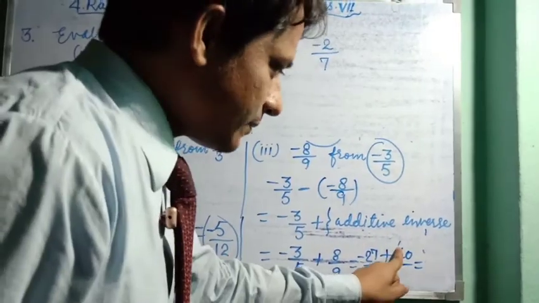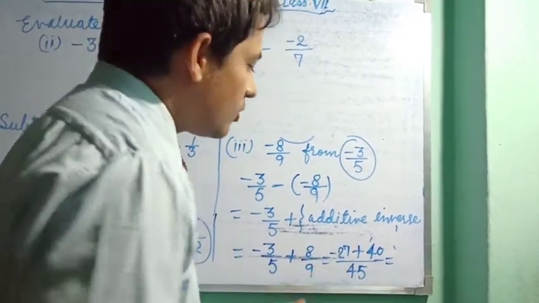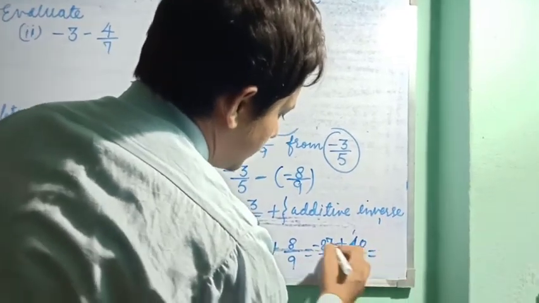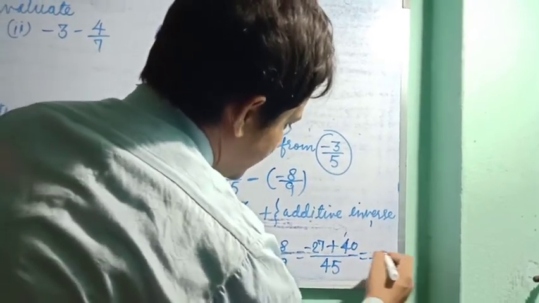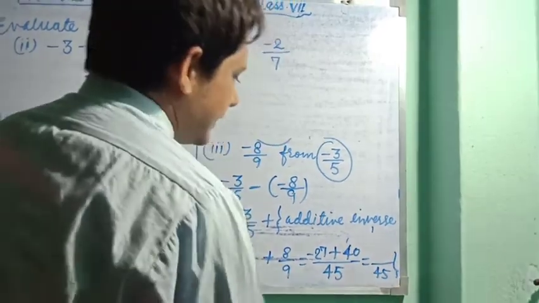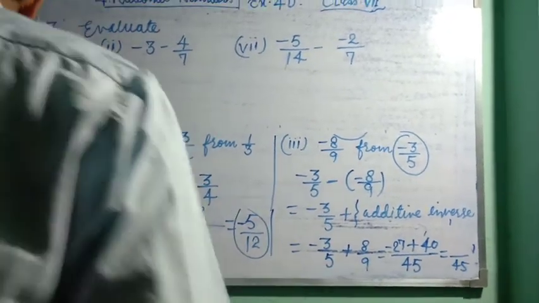Now here is the greater number, here is the smaller number, and we have to subtract and place the sign of the greater number. The greater number is 40, and here is the plus sign. 40 minus 20. Then we subtract and write the answer. I hope you will calculate easily. You can easily calculate.